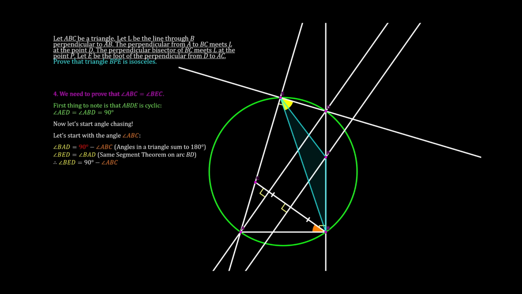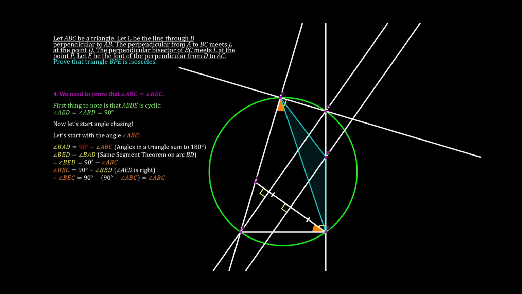Next, we can show that BEC equals 90 degrees minus BED, since angle AED is 90 degrees. From this, we know that BEC equals 90 minus 90 degrees minus ABC, which equals ABC. And if you look at the top thing in pink, that's exactly what we needed to prove, that BEC equals ABC. So we've done everything to prove that it's a tangent of the circumcircle of BEC, so AB is the